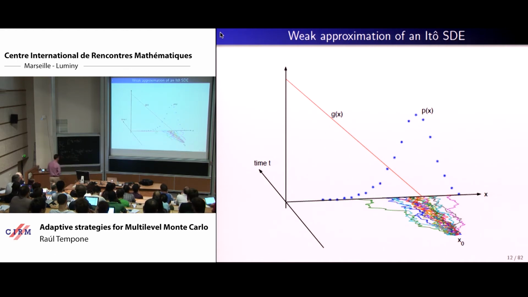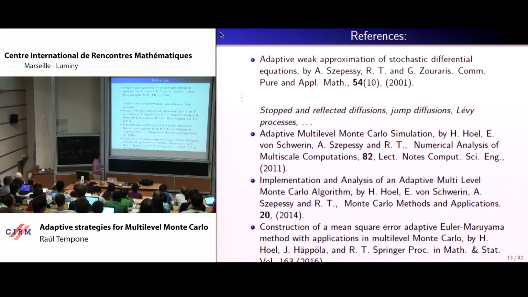In this context, again, we were trying to approximate the expected value of an output quantity. In this case, I'm switching the example. I'm going to stochastic differential equations, Ito differential equations. In this setting, each of the paths evolves in finite dimensions with respect to time until you get to a final value, and then in that final value, you may evaluate the function g, which in this example comes like a put option in finance, and then you have to integrate this g versus the PDF of the final time. Okay, so you can do this with Monte Carlo just by sampling many paths and again averaging as we discussed before. So here are some references again.